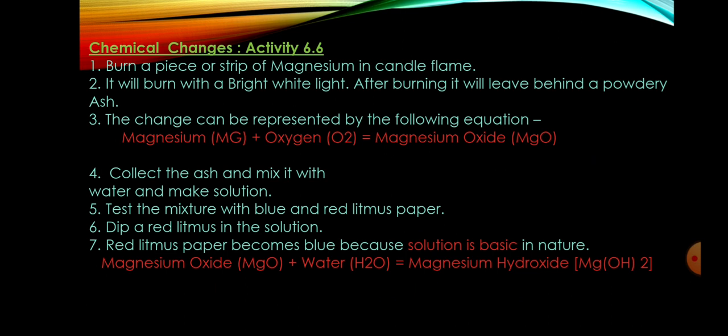So chemical changes, activity 6.6. Let's just go into it. Burn a piece or strip of magnesium in a candle flame. Now this strip of magnesium, if you are doing this activity, burning a strip of magnesium ribbon,